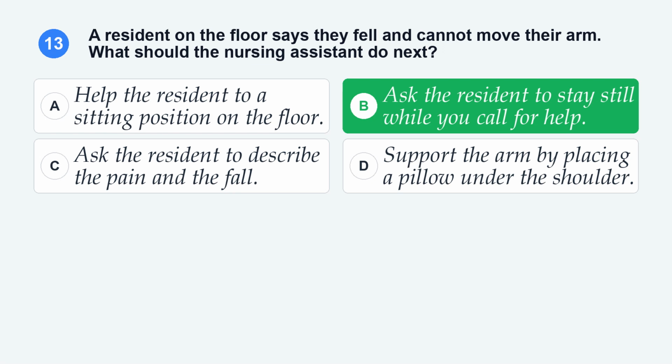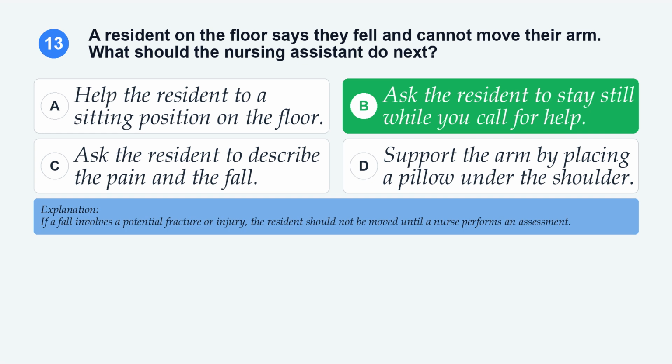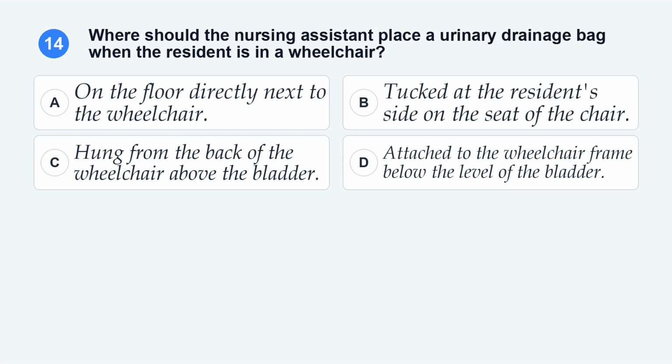The correct answer is option B. Ask the resident to stay still while you call for help. Explanation. If a fall involves a potential fracture or injury, the resident should not be moved until a nurse performs an assessment. Question 14. Where should the nursing assistant place a urinary drainage bag when the resident is in a